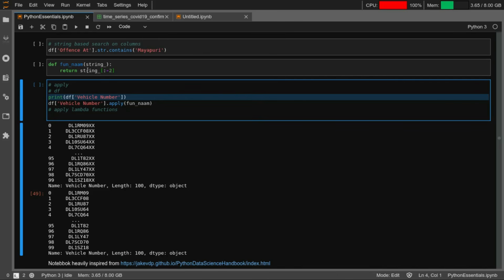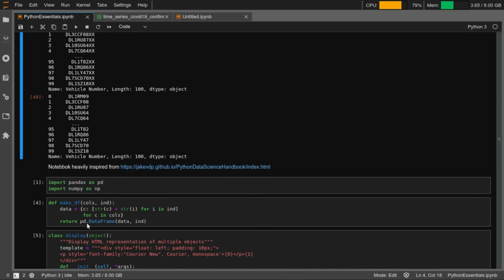Instead of doing that manually, apply does this for you. It will apply this function on all the elements. You have selected the vehicle number column from the data frame and you are applying this function over it, so it will discard the last two characters for all the rows in that column.